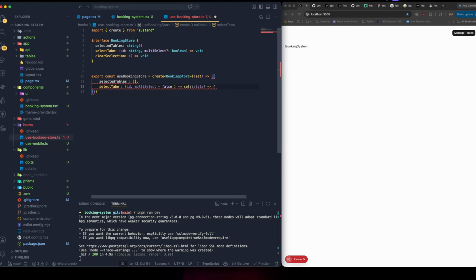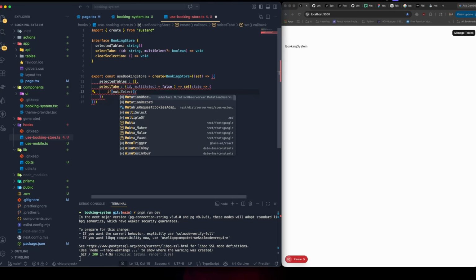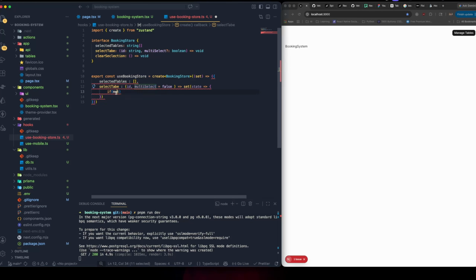Then I'm gonna access using the set function. This is the set function. Inside the set function, I'm gonna access the state, right? And open it. Inside here I'm gonna make sure if it is multi-select, if the multi-select option is true, then at that point, if this one is true,